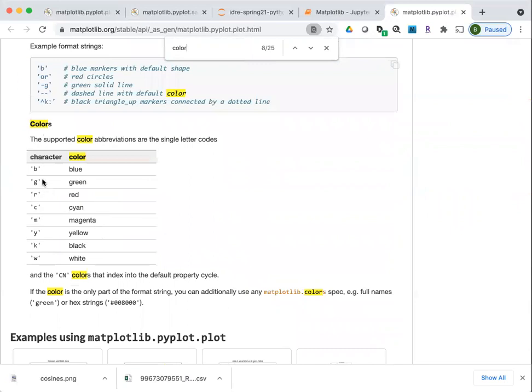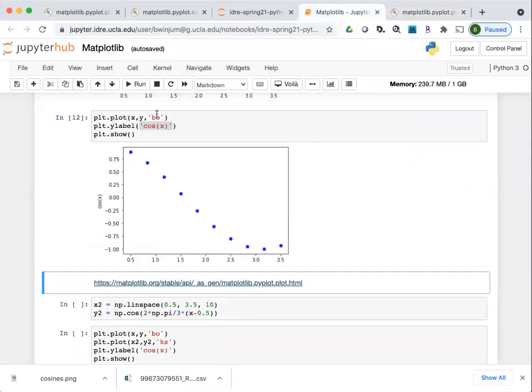So here's blue, here's green, and these are the basic colors. There are more sophisticated ways actually to specify the colors, which we might get to a little bit later. But these are the colors that you can specify right in the plot as a parameter.